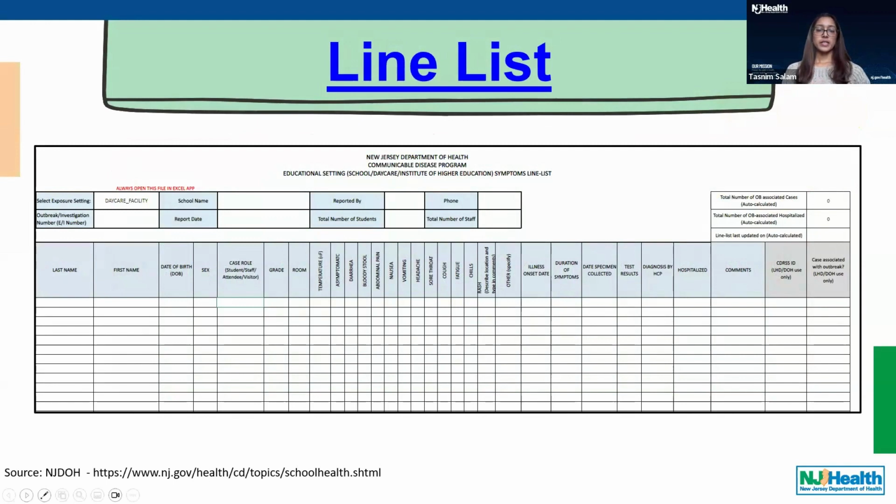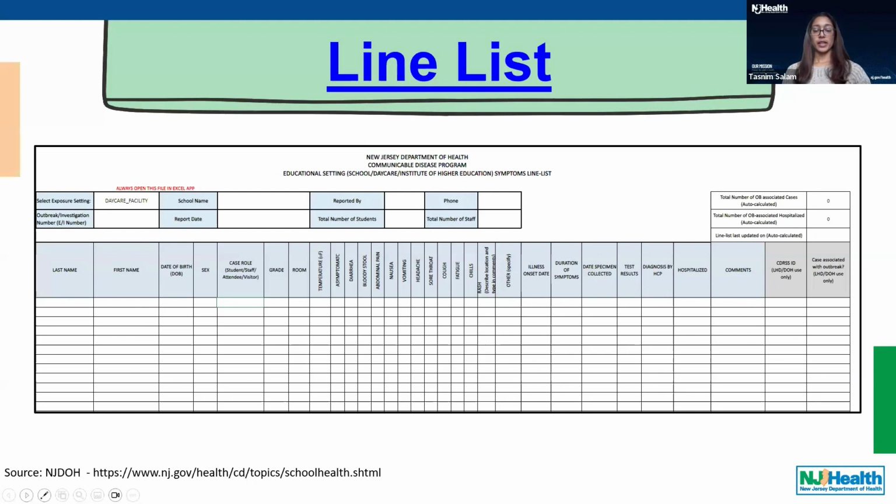So as you start to see illness appear at your childcare center or school, it is important to gather as much information as possible. This will help with understanding the type of outbreak at hand, how to address the outbreak, and provide guidance. So here we have an example of a blank line list.